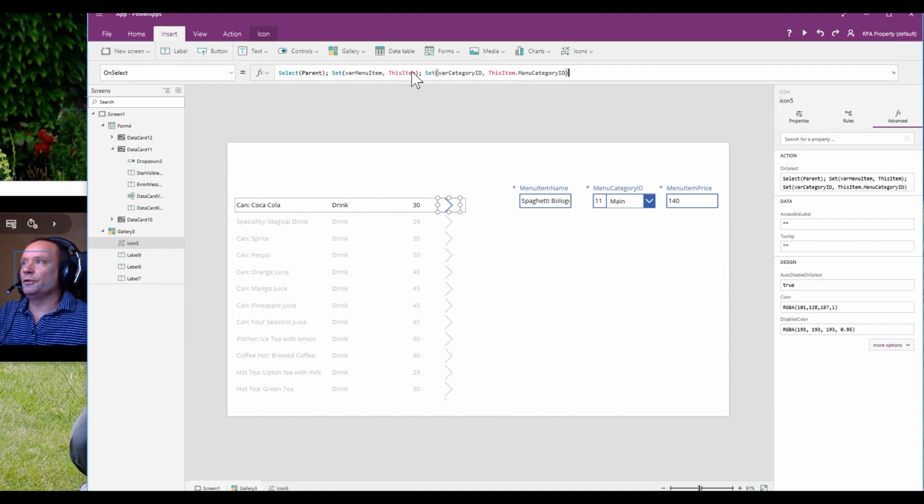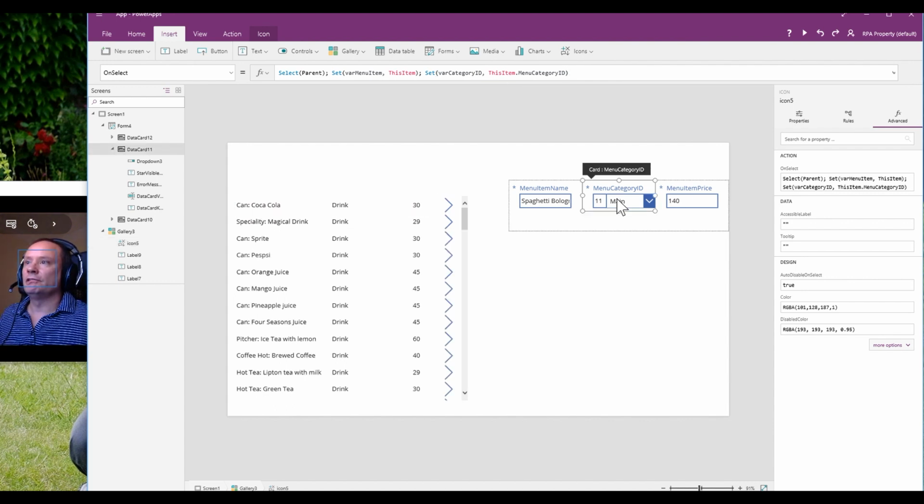There we are. So now I've got a variable set. So when I push this button, var category ID is going to be whatever the ID behind, in this case, drink is. And I'm going to set my drop down